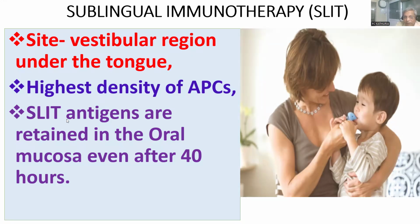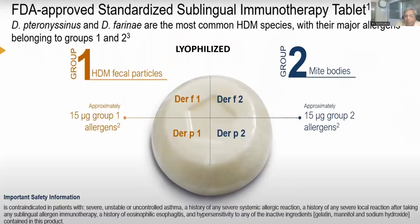Because sublingual immunotherapy is the therapy where the allergen is taken up by the APC. And it is the reason, the vestibular reason, you have to give the tablet under the tongue. And from that, the APC will take up the allergens and then induce the immune response in our system. The tablet which is available is lyophilized. This is the tablet which is available. It is FDA approved and it has two components of